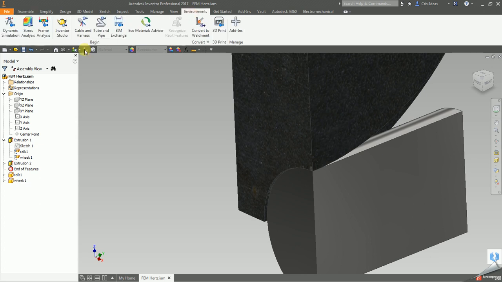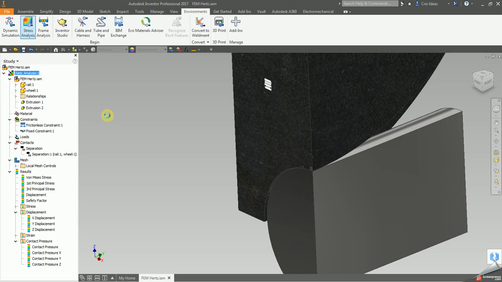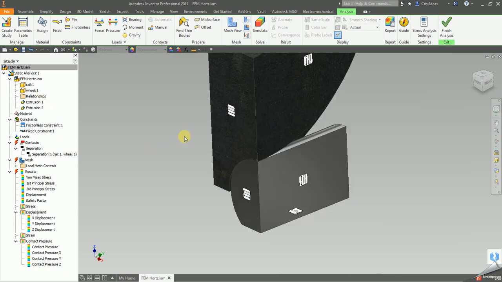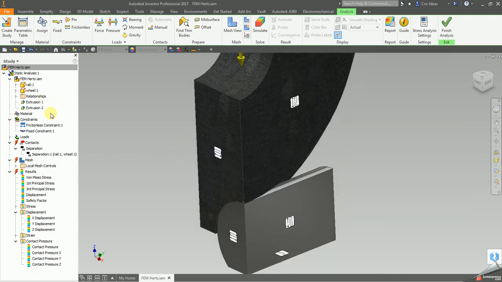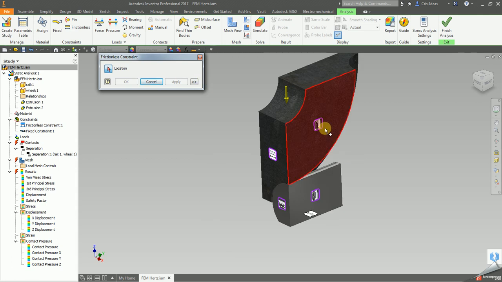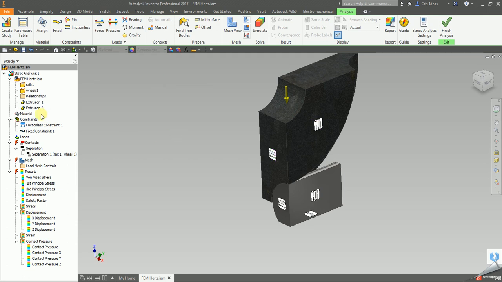So when we go to the environment stress analysis, I have set up and calculated the analysis because it takes a while. So first of all you apply the frictionless constraints to the mirror, to the symmetry planes. So this and this, and you also apply a fixed constraint to the bottom